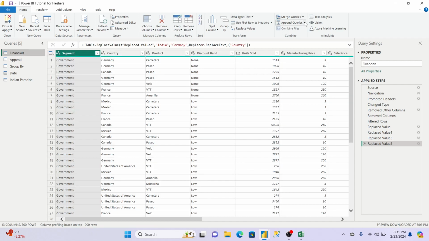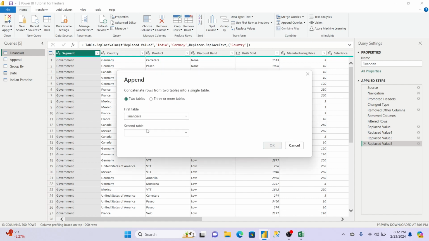Just go to Append Queries as New, because if you select Append Queries on this table only, it will combine within it. That we don't want. Append Queries as New will create one separate table. It will not do append on this financial or this append table.